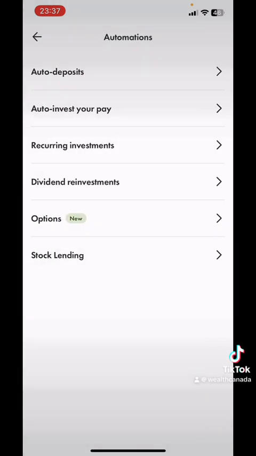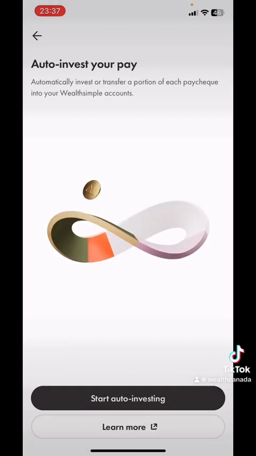So the next way to do it is auto investor pay. This would be if you actually wanted to give your employer your direct deposit details for your Wealthsimple account, then they can deposit either a portion of your paycheck or your entire paycheck to Wealthsimple. So some employers allow you to say, I want 50% to go to one account, 50% to another account. So then you could have, I say 50, but it could even be maybe 20% and 80%, or whatever percentage you want. But you can have them send a certain percent to Wealthsimple and then a certain percent